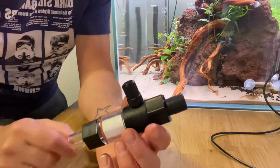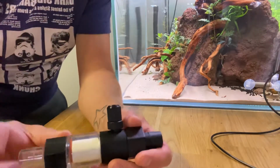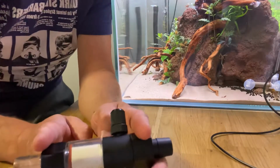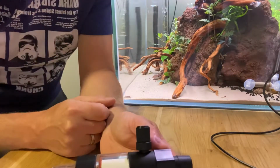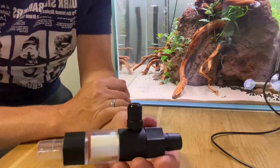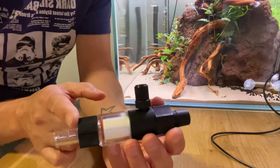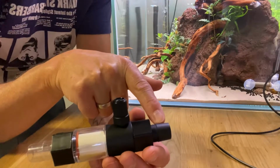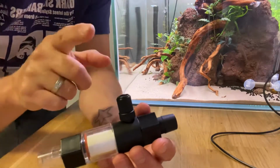All you'd normally do is, on the filter outflow pipe, when it leaves, I would say from here to here, where my finger is, around 2 to 3 inches. So you're going to cut a small section out. Once the filter's been drained down, or the pipes have been drained down, you can take your lily pipes or whatever pipes you're using, cut into the outflow pipe, slide one half onto this from the filter. So from the filter onto the clear part, back to the tank on this part,